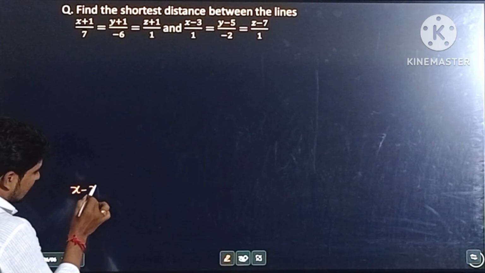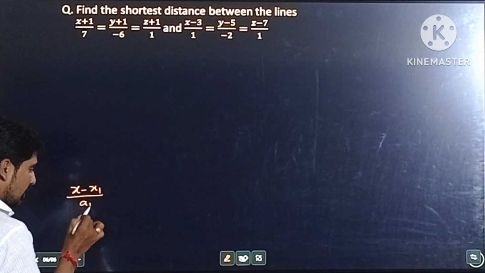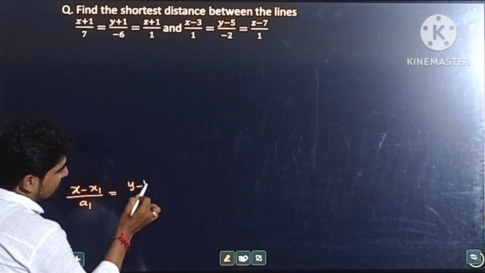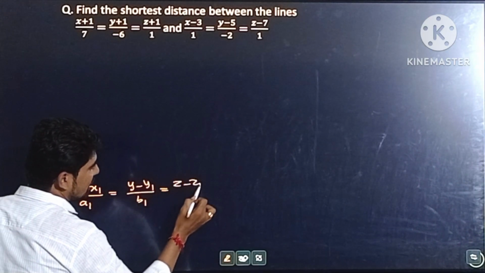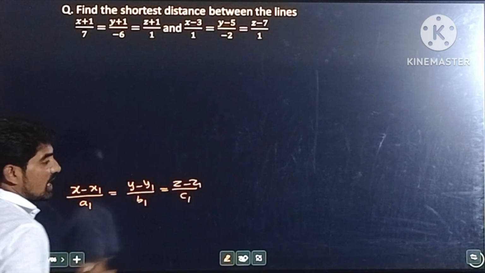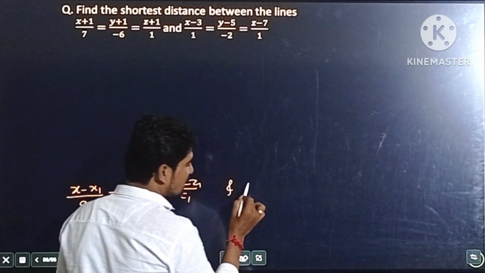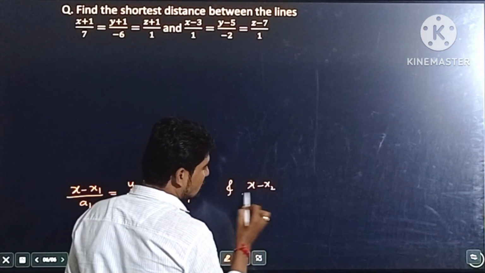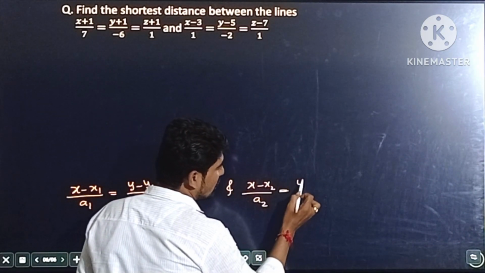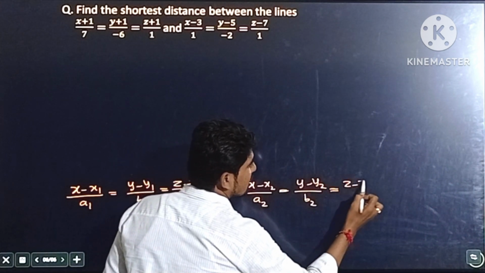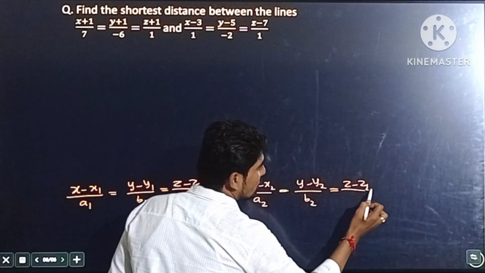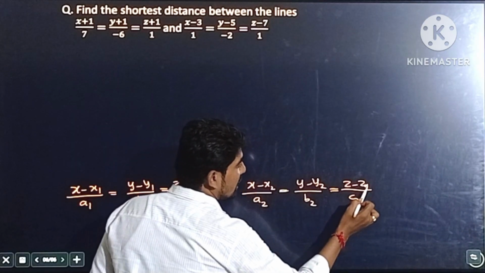x minus x1 divided by a1 equal to y minus y1 divided by b1 equal to z minus z1 divided by c1, and the Cartesian equation of the second line is x minus x2 divided by a2 equal to y minus y2 divided by b2 equal to z minus z1, sorry, z2 divided by c2. Now see here,